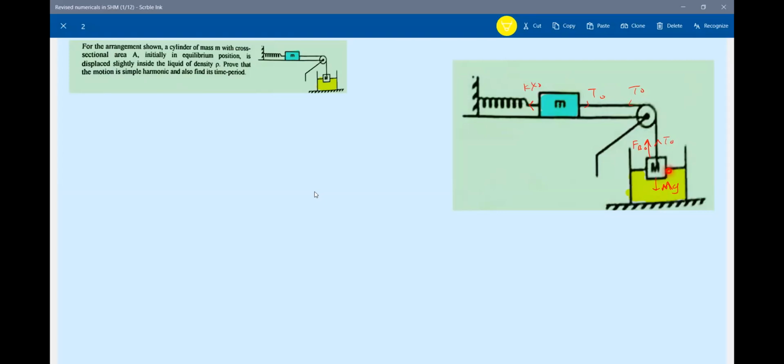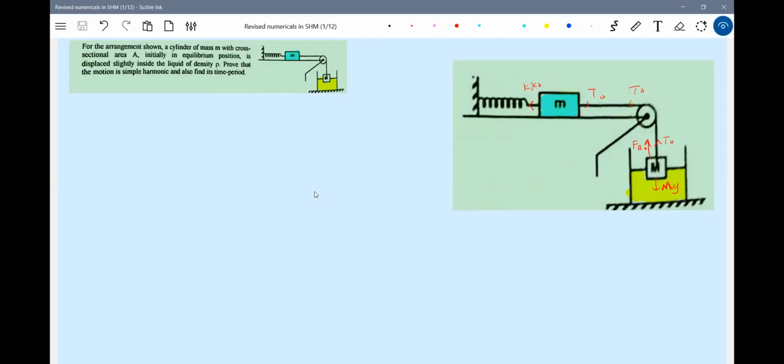initially some h naught length was immersed here. Then if you further press it, plus x, let it be. So x length of the block inside the liquid will increase, so the buoyant force will increase proportionally. The tension will change. Even the spring will also get elongated, so k times x naught plus x. So the resultant force when the block is displaced,